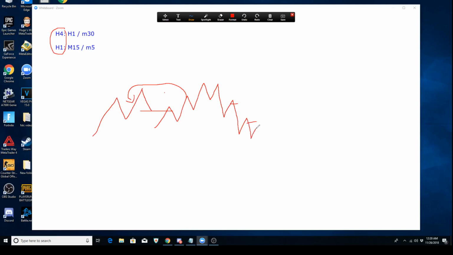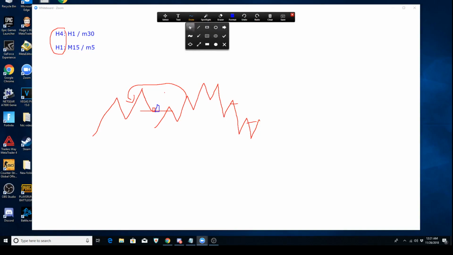What you're going to see is normally the market starting to consolidate on the lower time frames, because of course there's 4 H1 candles in one 4-hour candle. So normally you're going to see the market consolidate in these areas, right? So you have to keep in mind, once you see a bullish candle, or a bullish engulfing, let's say this is a bearish candle here, and then we have a bullish engulfing candlestick here,